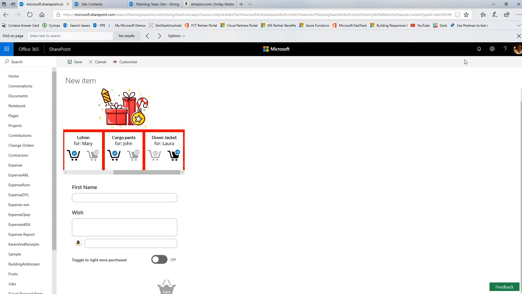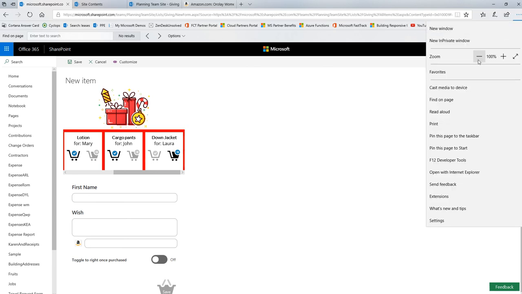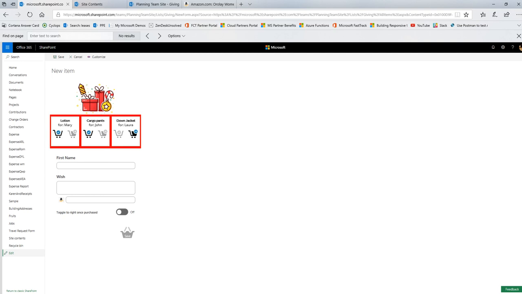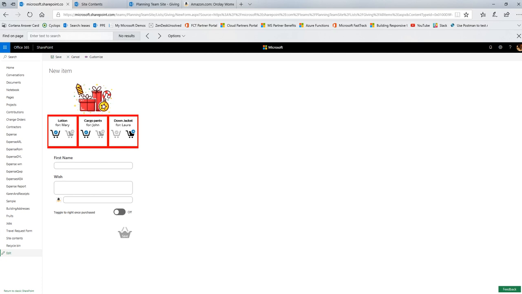So right now on this form, see if I can zoom out a little bit here, just trying to get it to where you can see it well. You see that the save button that I added, which is just an icon that looks like a basket, is grayed out. And it's grayed out because I don't have these two fields filled out. But watch this. If I type the name of the person and what is my wish list,